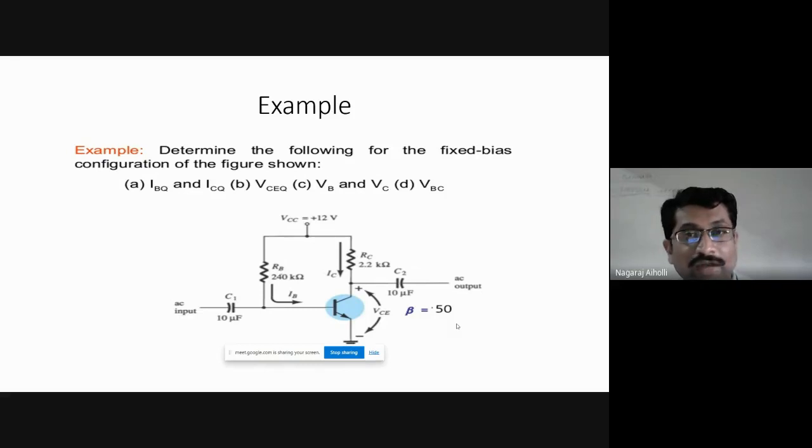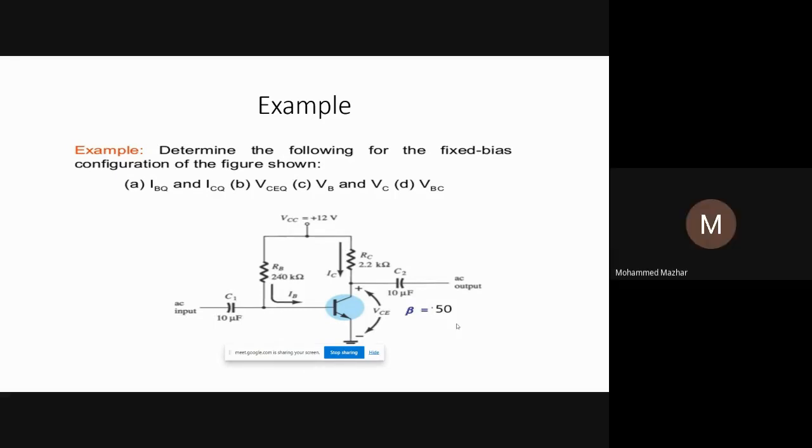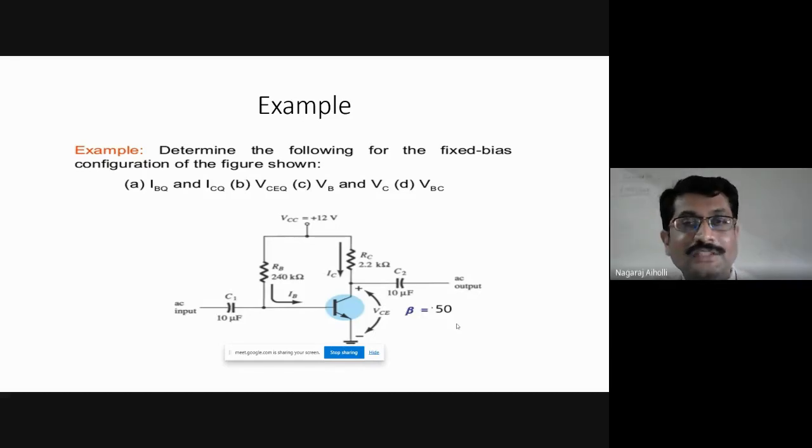We cannot do 5 minus 20, 15. That is not the way. The way is to see how much proportionately the input has been increased at the output. Output is 20 volts, input is 5 volts, so 20 divided by 5 is 4. 5 fours are 20. So the input signal is increased proportionately at the output by 4 times. We have to consider the ratio, not the difference. Is it clear here? Yes, sir, it's clear.